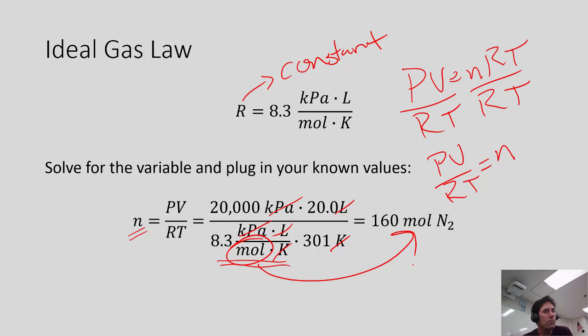Now, can I make this problem one step harder? Yes, I could say solve for the mass of the gas. And if I wanted you to solve for the mass of the gas, then what you would do is look up the molar mass of the gas. So for every 1 mole of N2, that would be a molar mass of 28 grams of N2. So you could actually get the mass of the N2. So it's a matter of practice, ladies and gentlemen, and that's what I want you to do next.